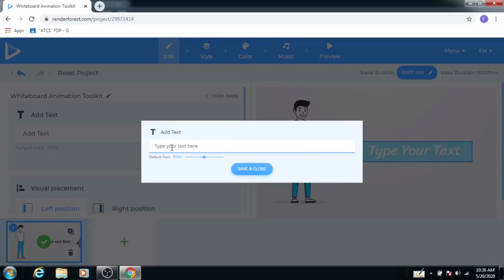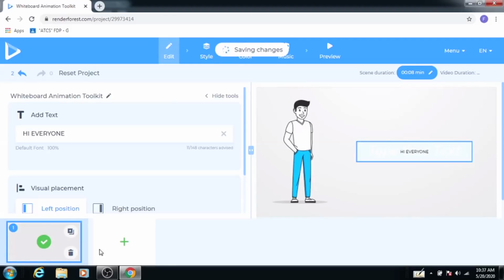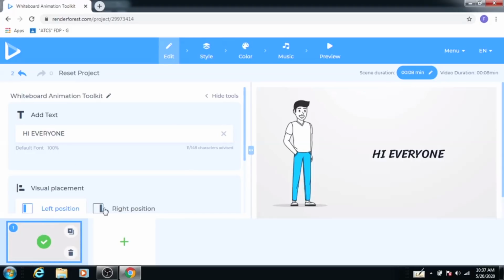Type your text here. So now save and close. Now your first animation is being saved. Here in visual placement, two options are there.